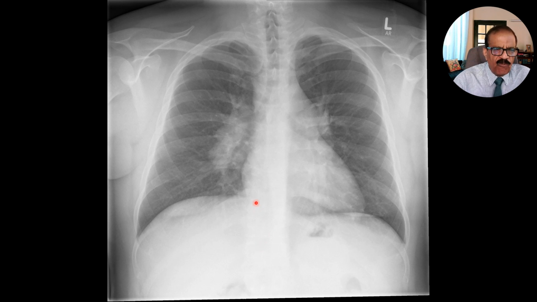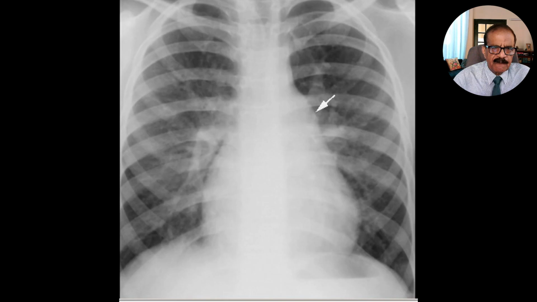Another case of pulmonary hypertension. I think in this case, the right pulmonary artery is much more prominent, and the main pulmonary trunk is also prominent. Still another one, pulmonary hypertension. You can see this is the aorta, this is the pulmonary artery which is dilated, and the pulmonary artery may be prominent in